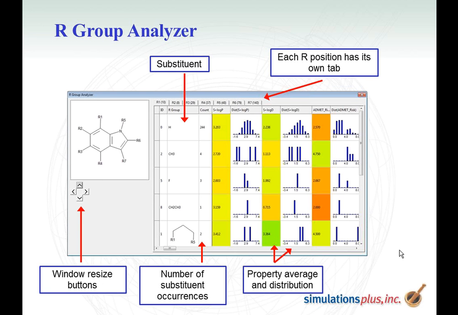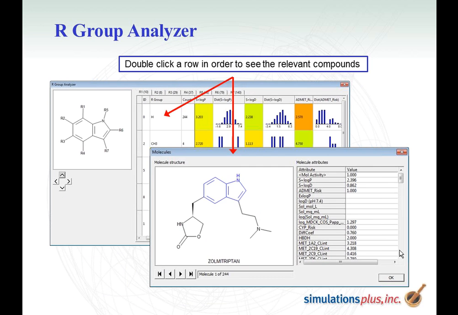Now you have position tabs for each of the R groups, columns for the number of subsequent occurrences, and a column for property average and distribution. On the left-hand side, you see a window that is used for resizing the buttons. If you click on the substituent column, it opens the structure viewer window, which will also have